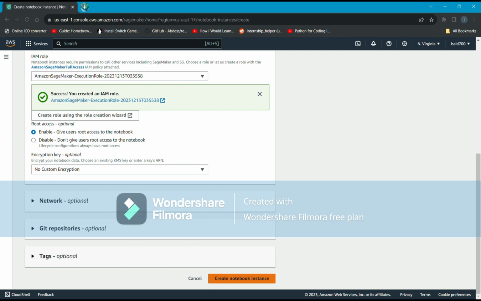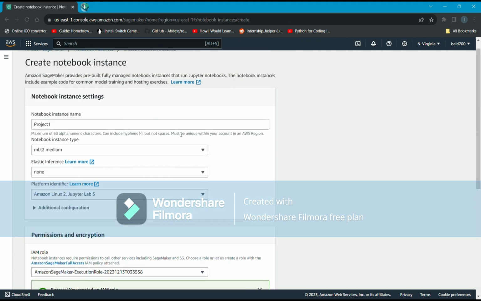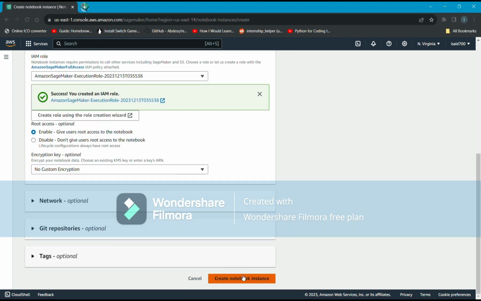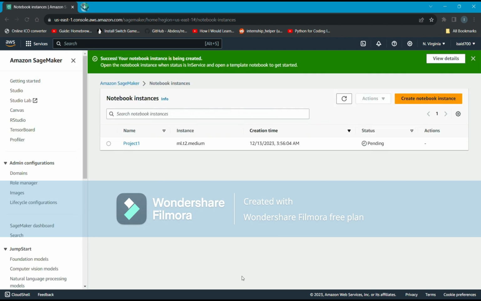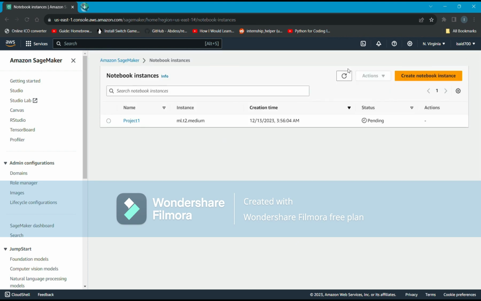After that, you can leave all the settings as they are. We don't need to mess with the network, or we're not using any GitHub repositories. And you can create some optional tags, but we already have the name up here, so we don't need to create those. So we'll create the notebook instance. As you can see, we successfully created it. We're still in our notebook instances here, and all we're going to do now is wait for the instance to